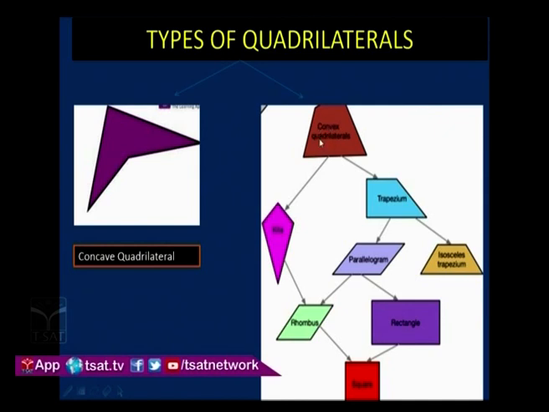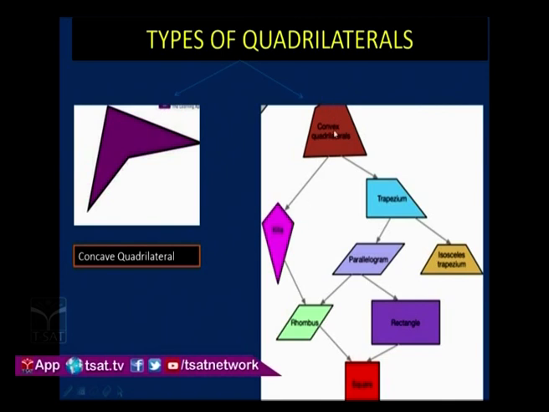In a convex quadrilateral, if one pair of sides is parallel, it is a trapezium. In a trapezium, if the non-parallel sides are equal, it's an isosceles trapezium. If both pairs of opposite sides are parallel, it's a parallelogram. In a parallelogram, if each angle is 90, it is a rectangle. In a parallelogram, if all sides are equal, it becomes a rhombus. In a rhombus, if each angle is 90, it's a square. Otherwise, in a rectangle, if all sides are equal, it becomes a square.